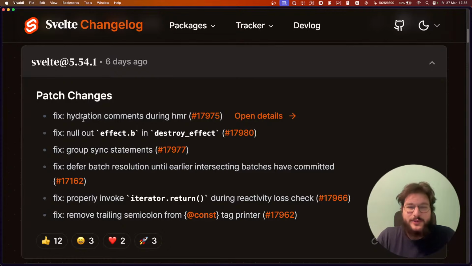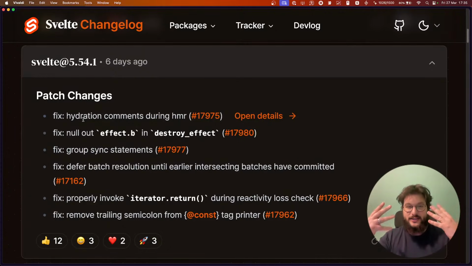Okay, sorry, I was taking a look at whether we already talked about this. So what I was saying is that there was a problem with the HMR. We talked a bit about how HMR works last week, which is basically that we wrap every component during HMR in a signal.